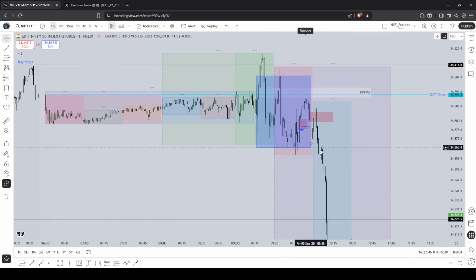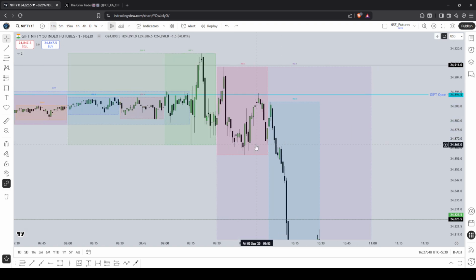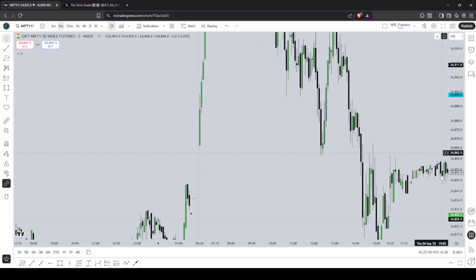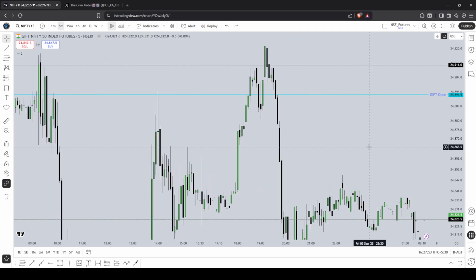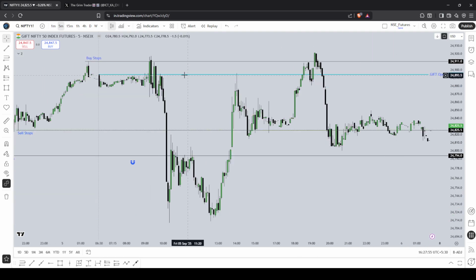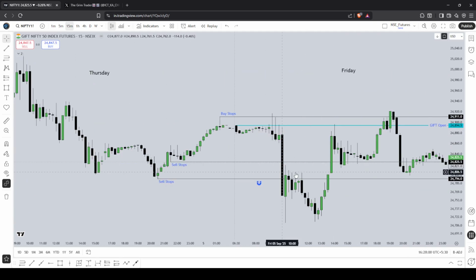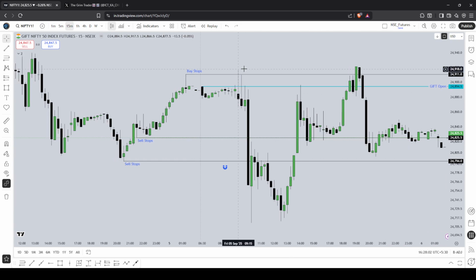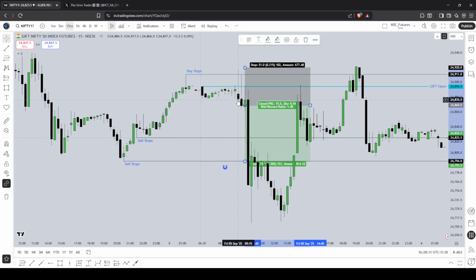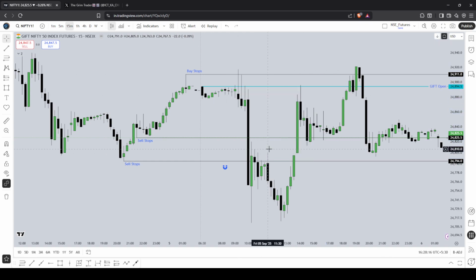If you don't like any of these entries, that's still fine. You could stay on the higher time frames and trade this as a candlestick pattern if you want. This is an inverted hammer or a shooting star candle. This, and you can place the stops above the swing high and target the previous day's low. This candle right here and this candle right here. It's entirely up to you how you want to trade this. ICT concepts work just fine here.